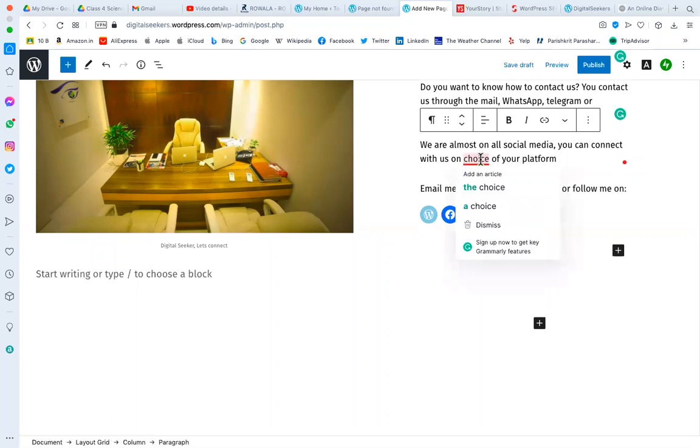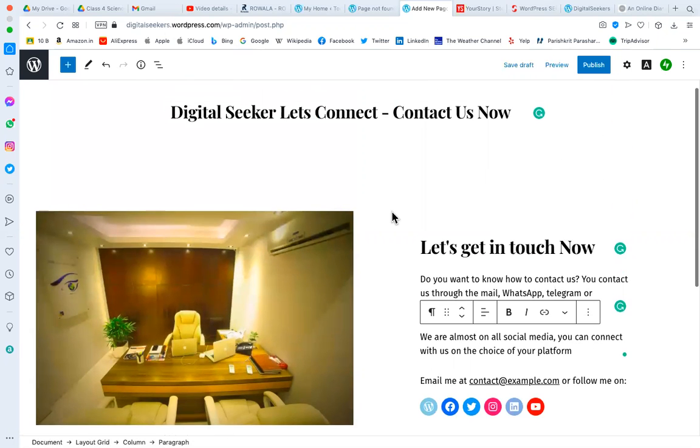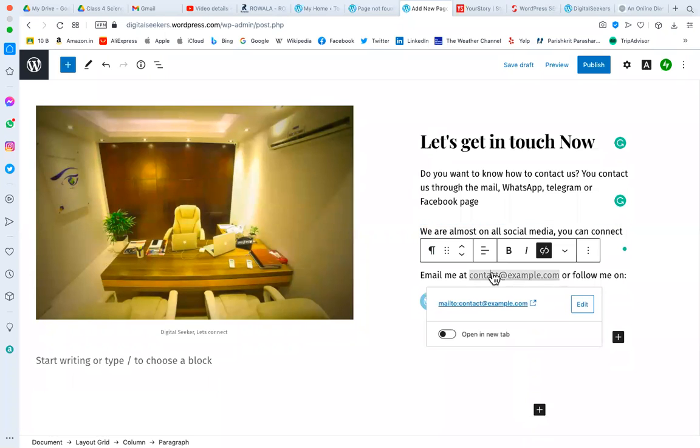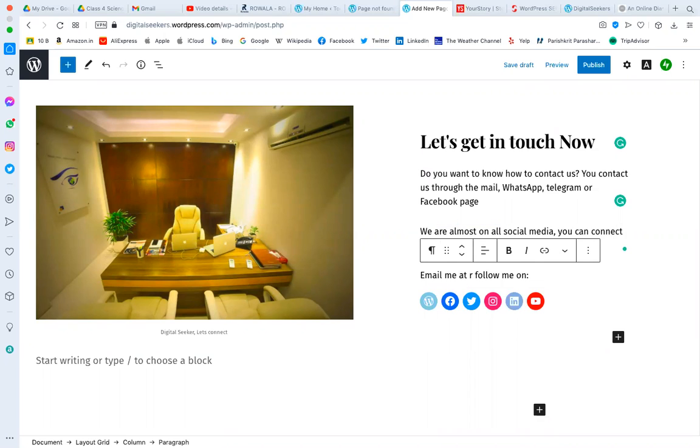I just wanted to show you, even if you are selecting the pattern, you can go and change the element, right? So here you can change the email ID. Email me at info@digitalseekers.com or whatever email you want to share.